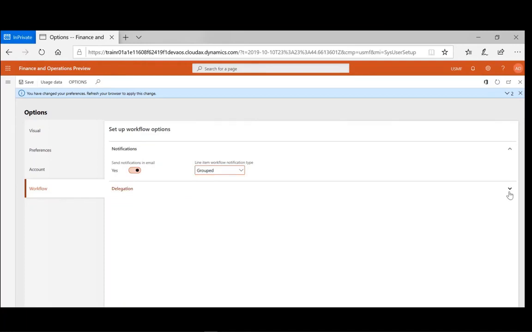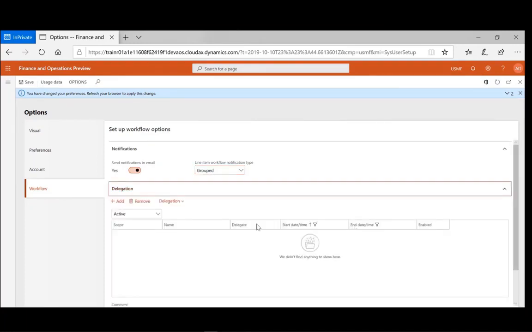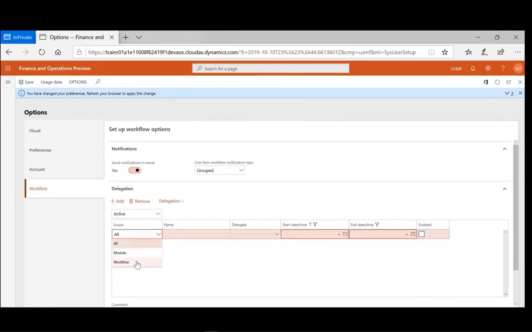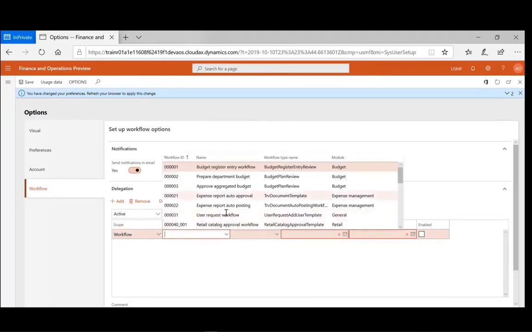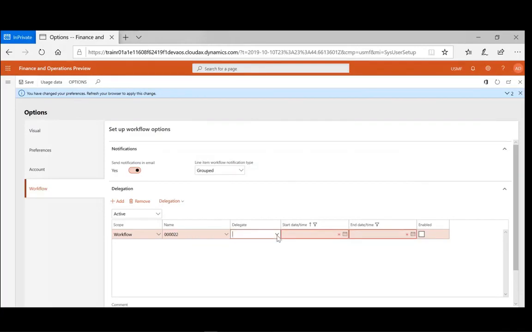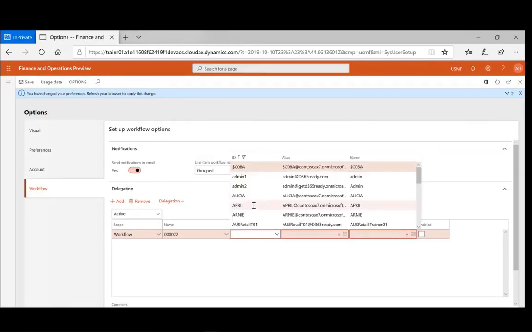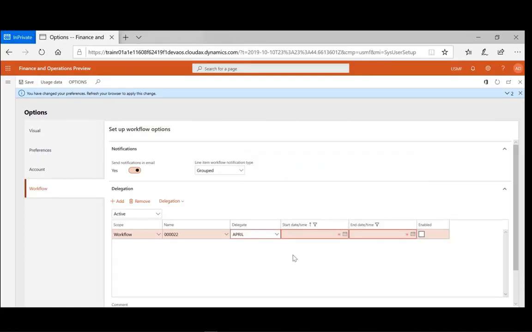If I'm planning to go on a vacation in a short time, I can always add my workflow and specify any workflow in my system. For example, expense report posting. Okay, and I can delegate to my colleague who is, for example, April, and I can set up the delegate range, for example,